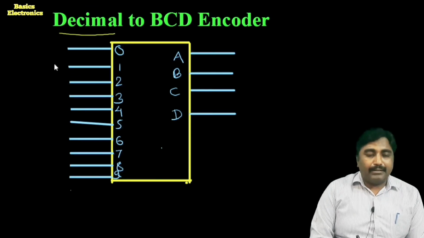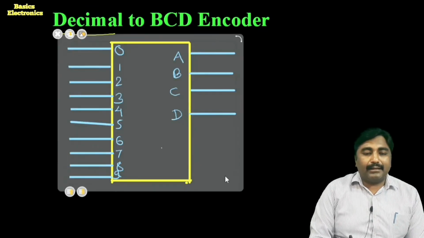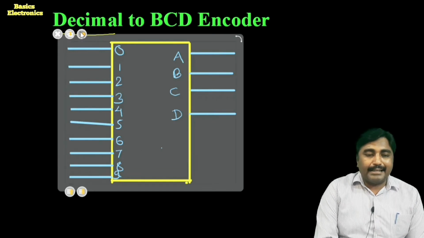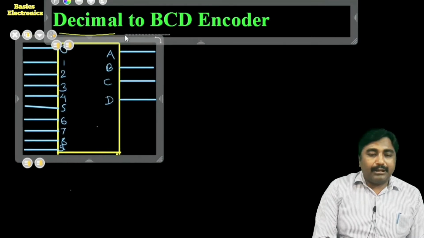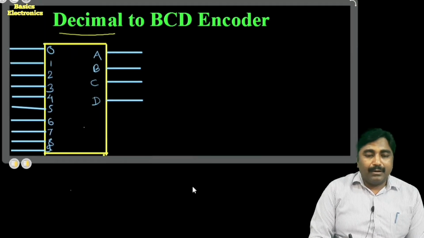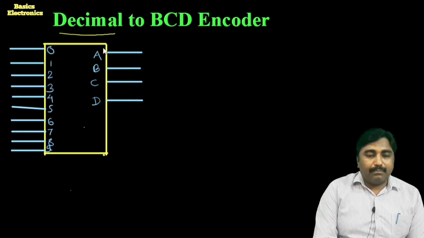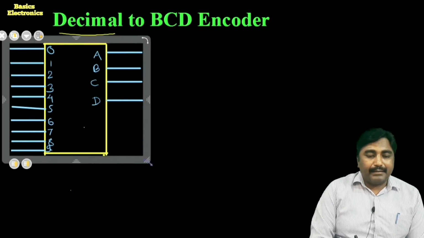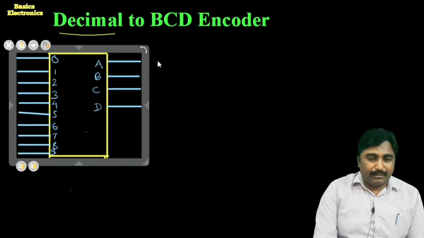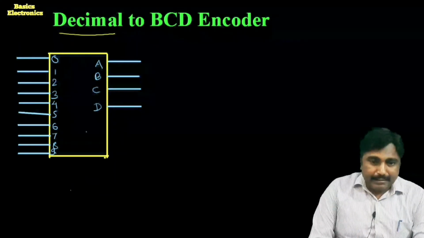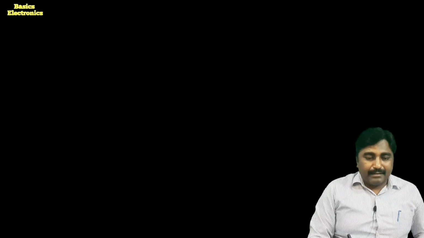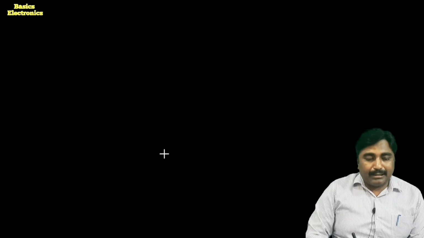For that, here we just require to consider one thing, and that is the application of the input and the output: how we can get the output and how we can apply the input. That we have to see. Okay, so here we consider the BCD format. If we consider the BCD format, then the inputs we also consider.